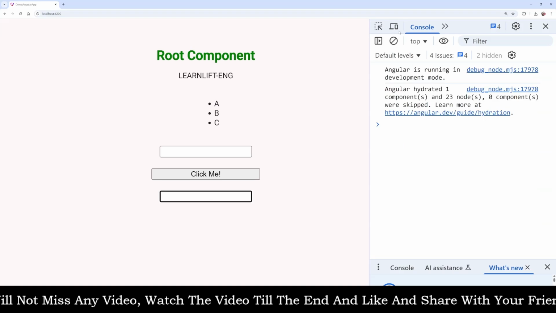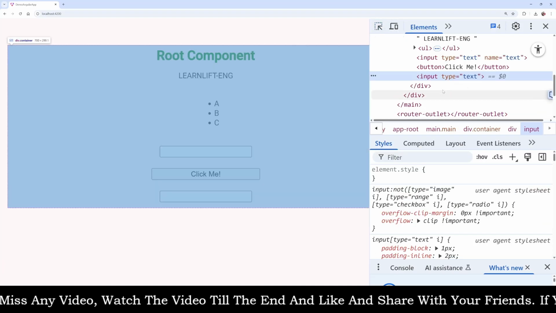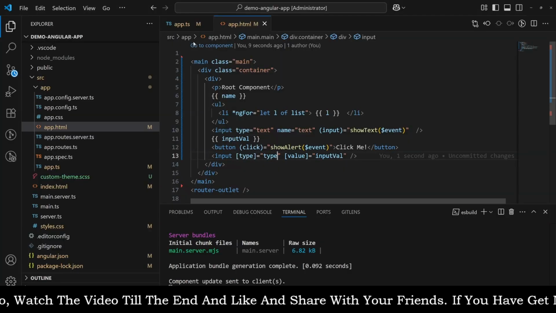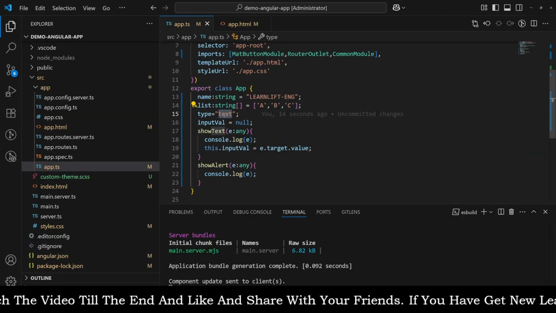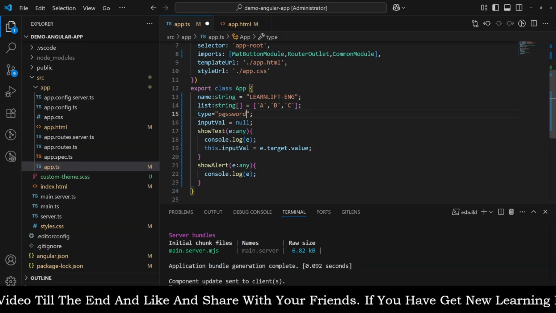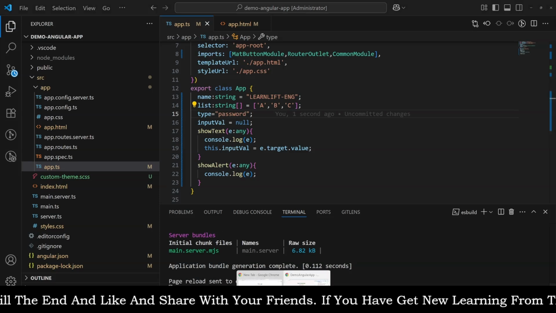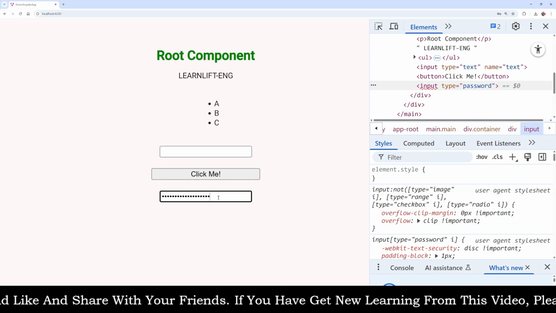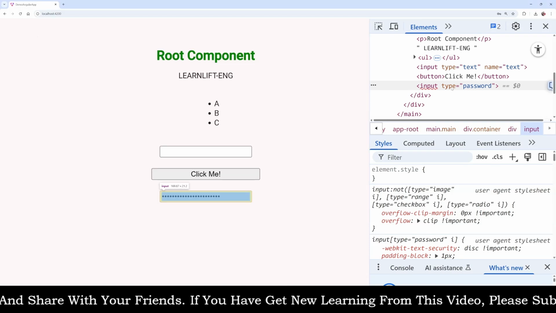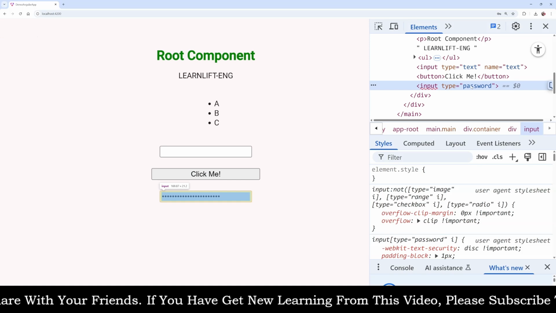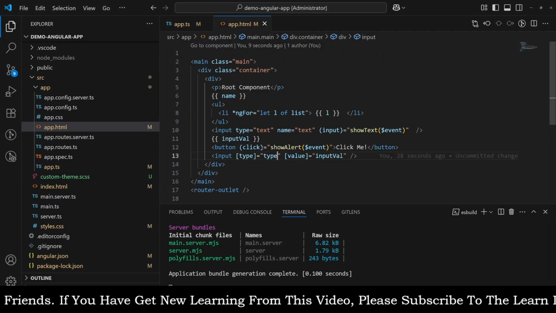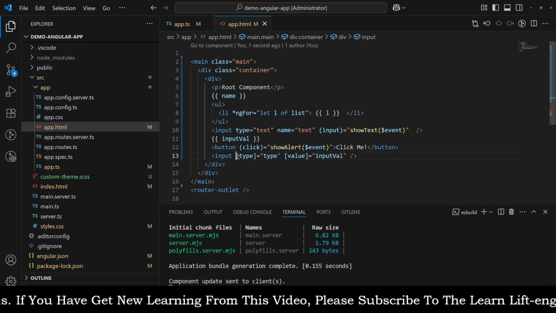So now this is nothing but a text box, as you can see. The type of it is actually text. Now what I can do, I can change it to password. Once I change it to password, it actually renders the password. So whatever I type, it is masked over here. Okay. Why? Because its type is now a password type. So this is how you can play around with properties